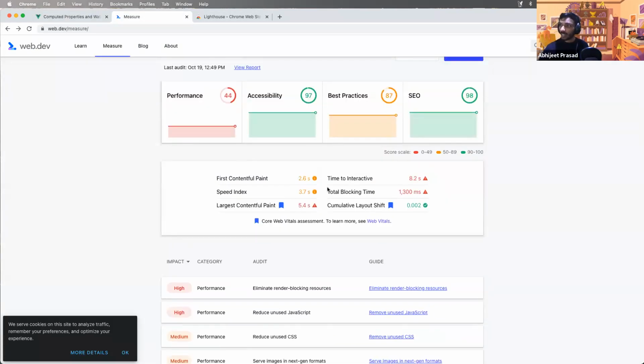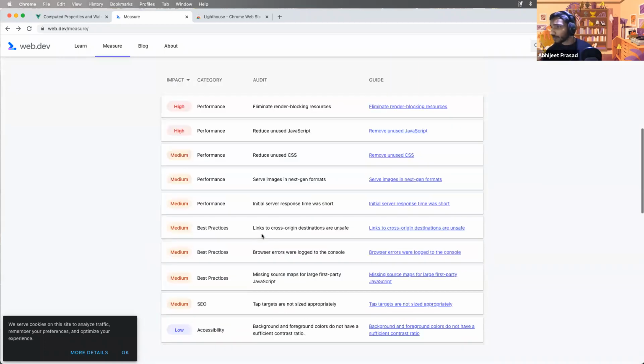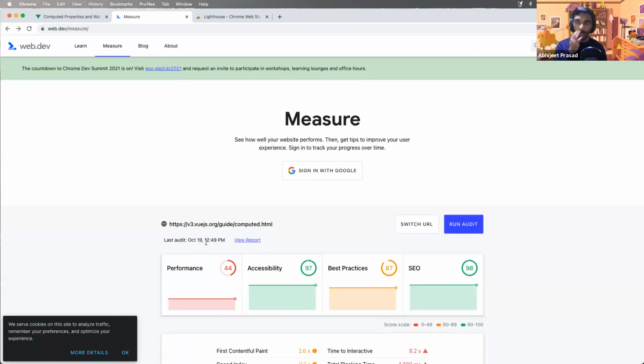And we can actually take a look and it'll tell us how your web vitals are doing on your page, your first contentful paint. And we can see some of these numbers: total blocking time, time to interactive, LCP. It also gives us some recommendations on how we can improve it. And this is a great way to gut check: am I doing well? Am I doing poorly? Where should I be heading? But